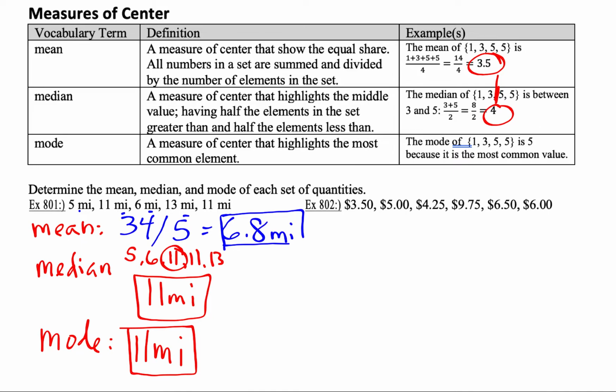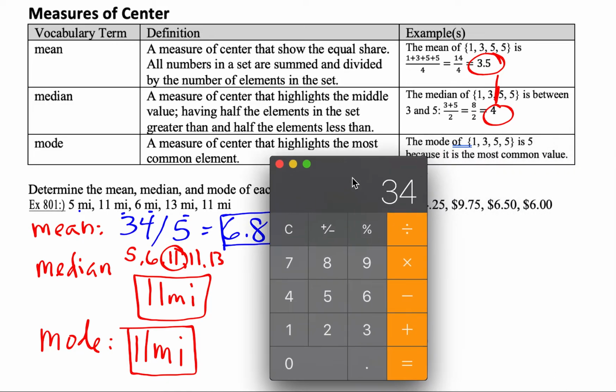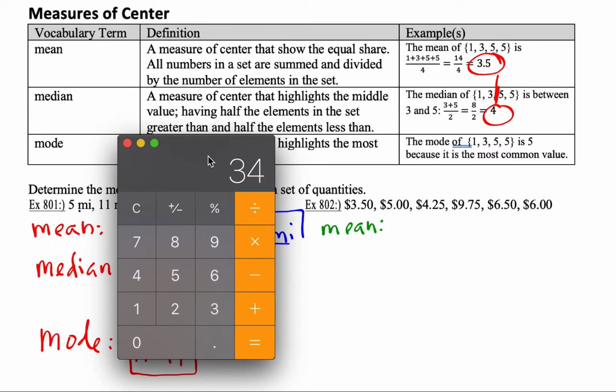$3.50, $5, $4.25, $9.75, $6.50, and $6. First, starting with the mean, we are going to need to add all of those numbers together. So bringing back in the trusty calculator, we've got 3.50. Why did the point not go in? Let's try that again. Maybe the calculator is not so trusty. 3.50 plus $5 plus $4.25